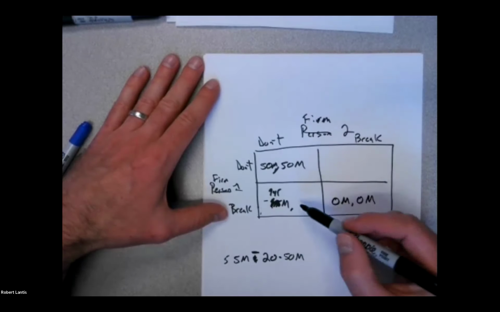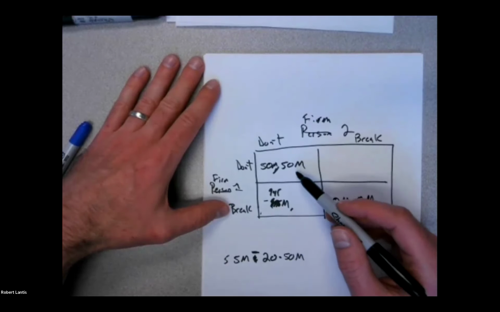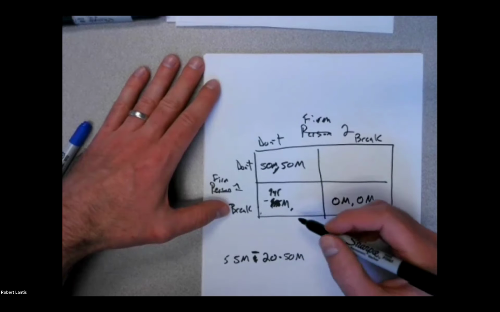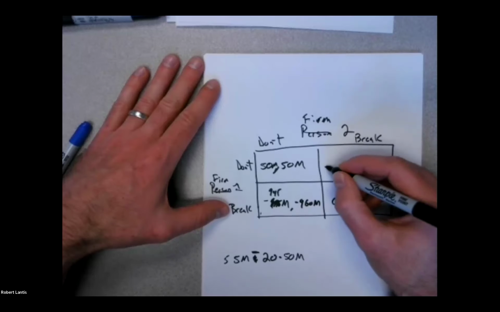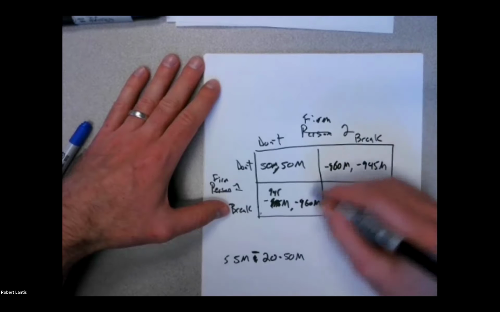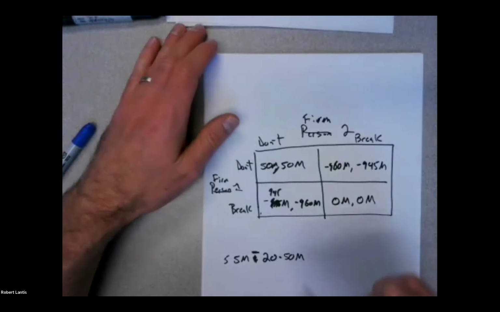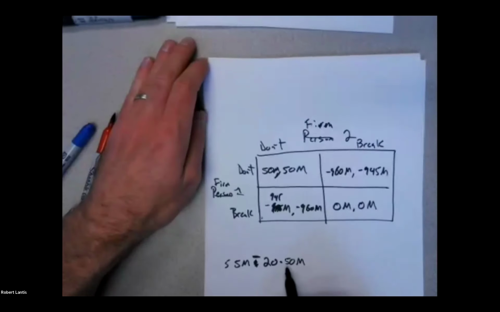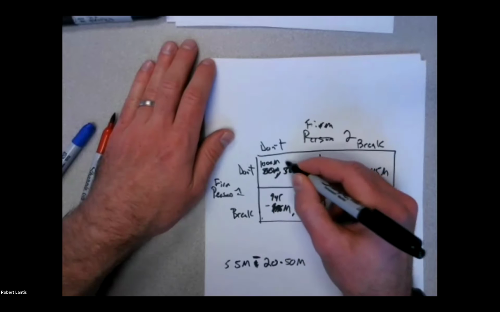And then firm two didn't break the agreement, but once the other firm does, they never trust them again. So maybe this next year, they only make, say, maybe 40 million, but they're going to lose out on that $1,000, right? So they're at like what, negative 960. And then let's just do the same payoffs up here, but flipped. Well, now you can see if we play this game over and over again, not only am I making 50 million, this would be 50 million times what, 20? So if this is like my long run game,